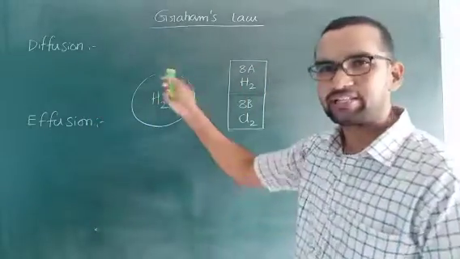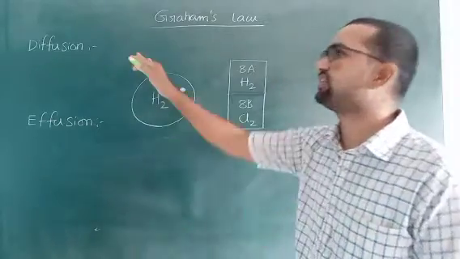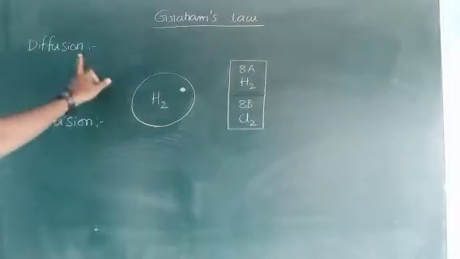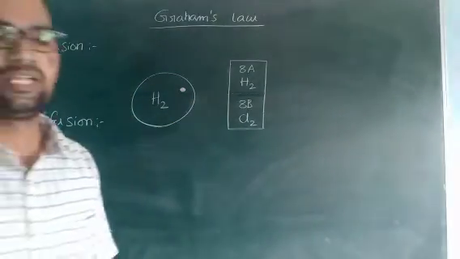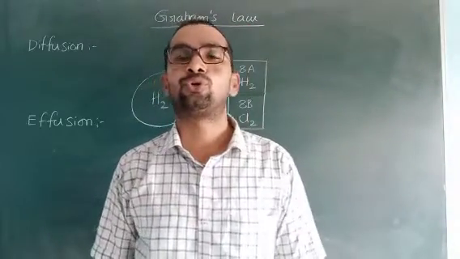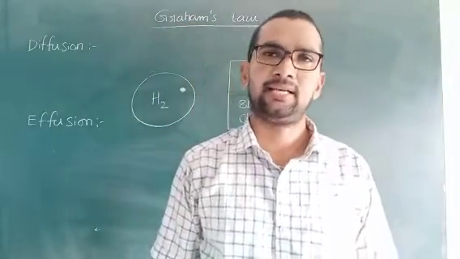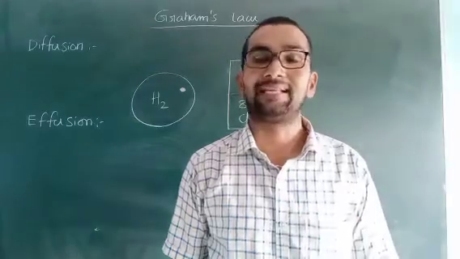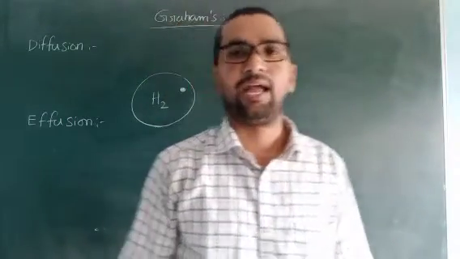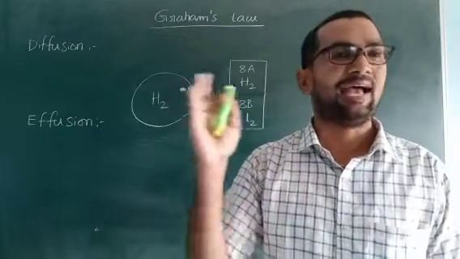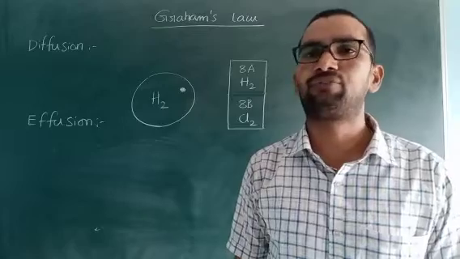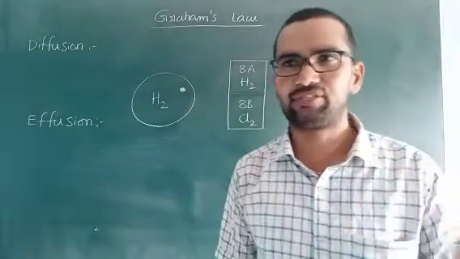Clear? Right. Now write the definition, all of you. First one, diffusion definition. Side heading, diffusion. Write the definition. The process of intermixing of two or more gases irrespective of their density relationship and without help of external agency is called diffusion. Diffusion definition completed.